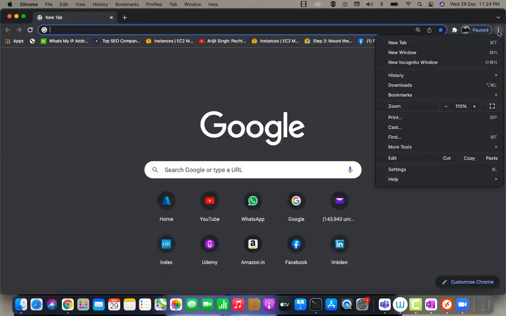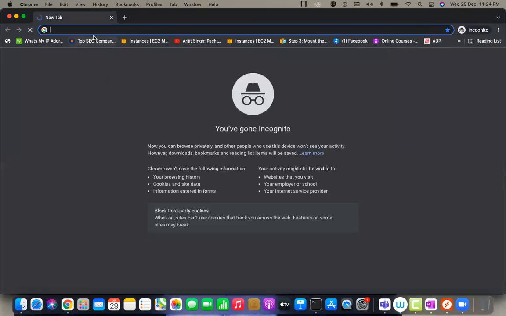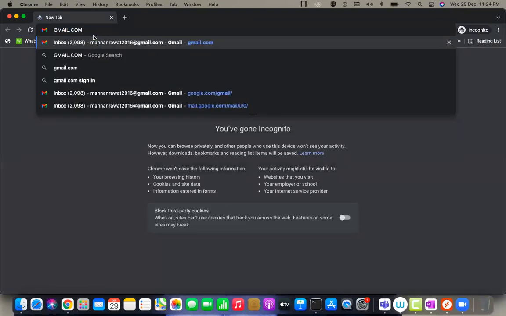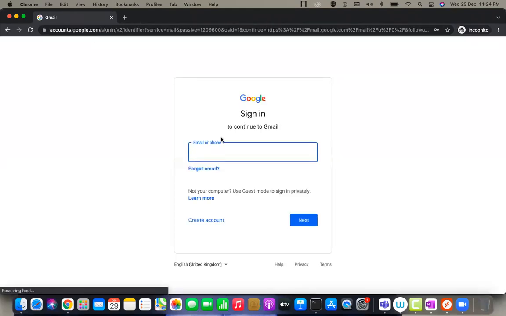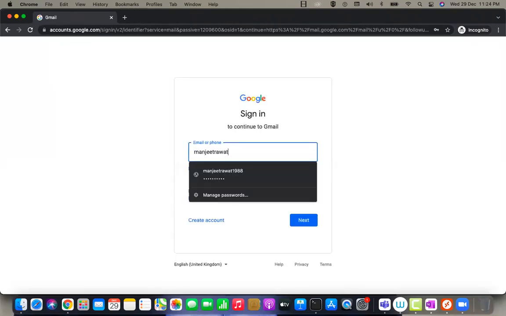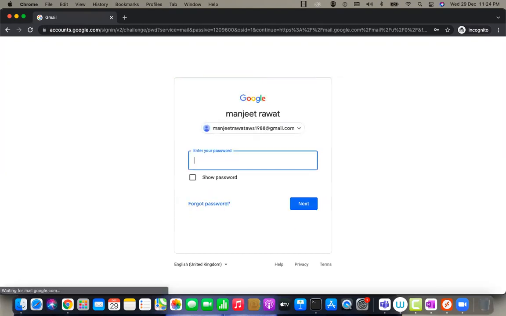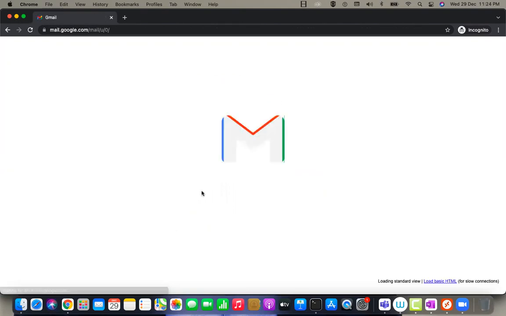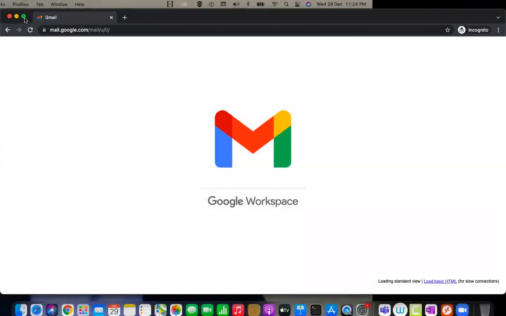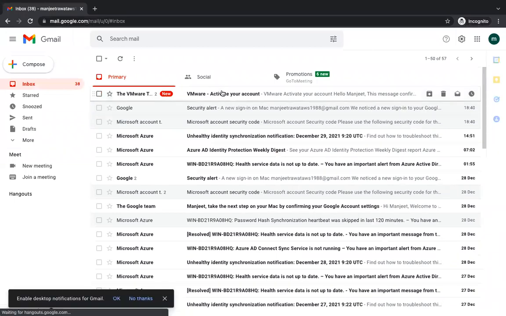Open your mail ID and you need to activate your account.